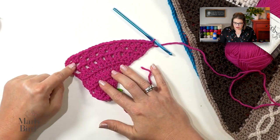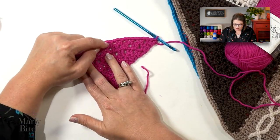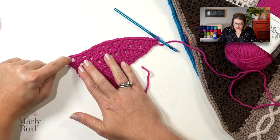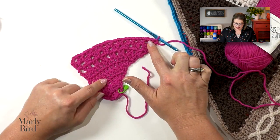At the end of this row, I have 7 V-stitches, 1, 2, 3, 4, 5, 6, 7. I have my initial chain 3, which counts as a double crochet, and I have my 3 double crochets here at the end. To finish off the lower V-stitch section, you go ahead and repeat rows 7 and 8